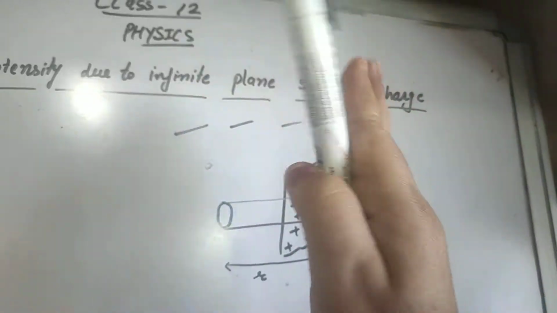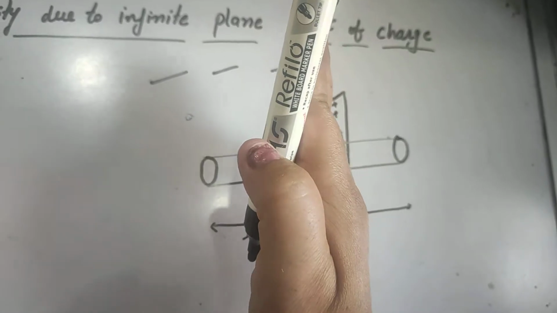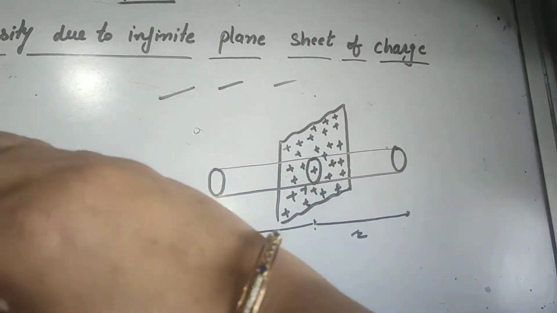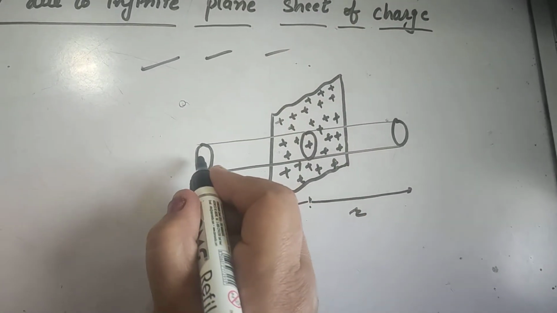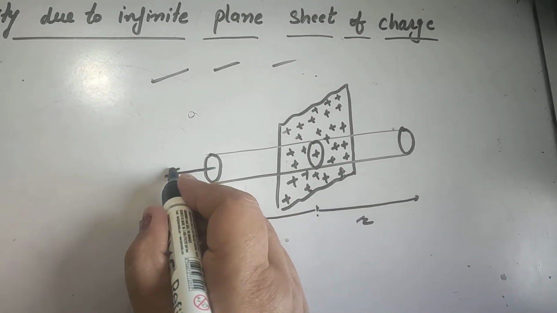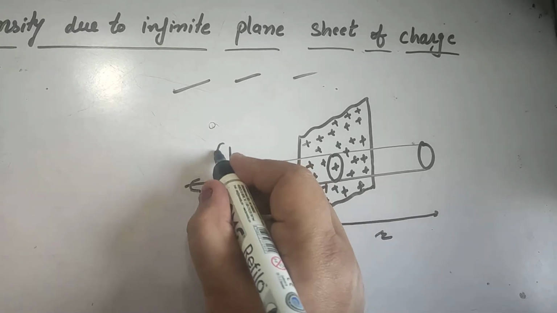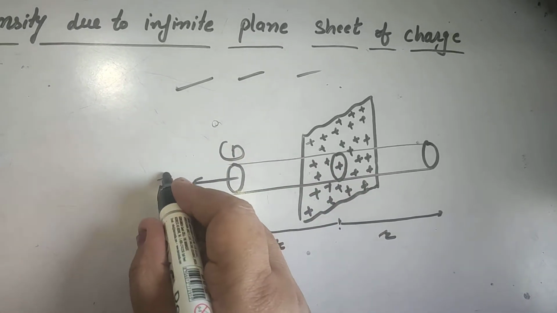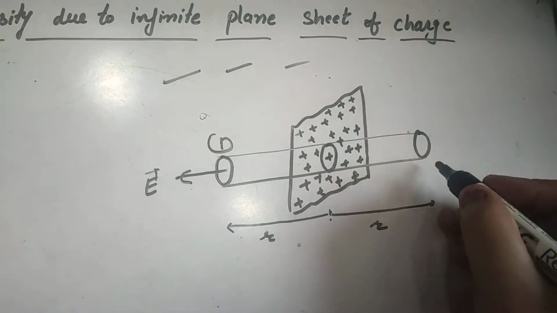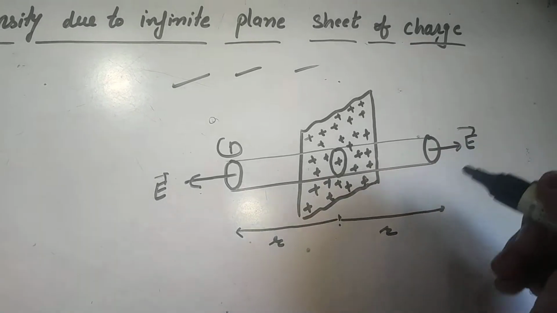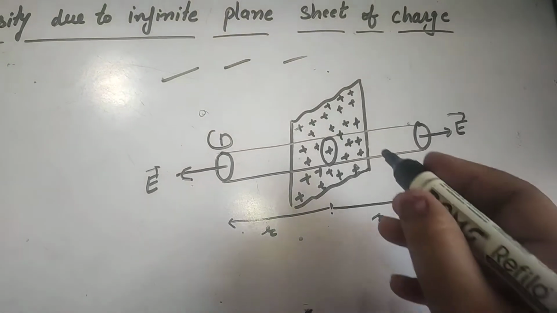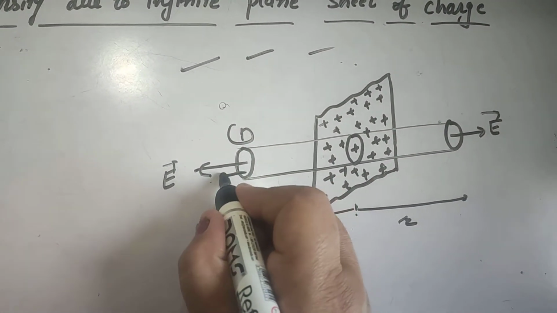The direction of field intensity will be this. This is the sheet, field intensity direction this way, and outward drawn normals. So draw the field intensity at this surface. Since we are having three surfaces, surface 1, E direction is outward due to the sheet of charge, and also in this direction is outward due to this sheet of charge. Fine. We are having three surfaces.